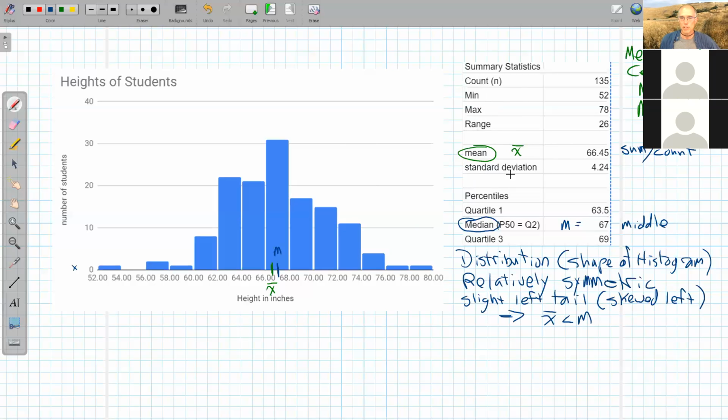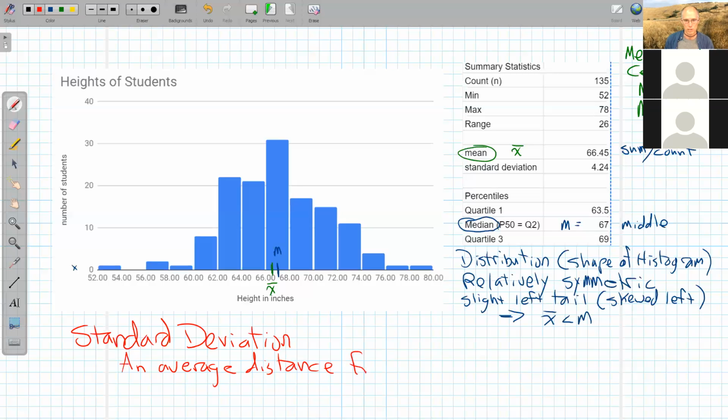Let's talk about standard deviation and how that relates to this graph. So the standard deviation is about 4, and standard deviation is related to the mean. So standard deviation is an average distance from the mean. And so the mean is just the average of all the numbers. The standard deviation is, on average, how far is each of these other numbers from that mean right there. So I'll show you how it's calculated besides using the formula,